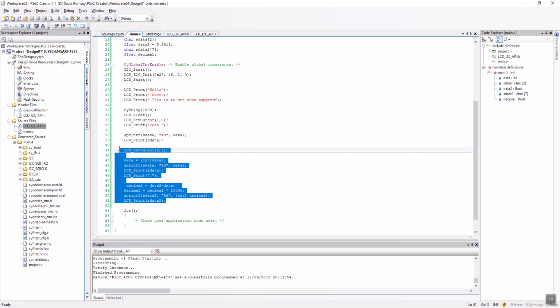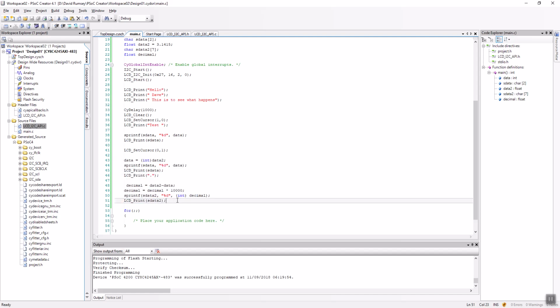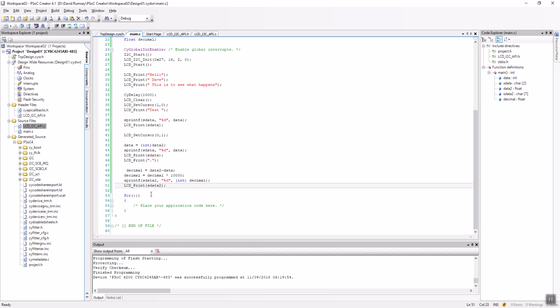Now, if you can figure out a way to not have to do this and find a function in PSoC that will take a floating point and convert it to a string in one go, I will give you some bonus points, because I have been unable to find that. But this is how you can play a little bit with the LCD screen. And of course you can do other things. There are other commands you can play with. For instance, you can do